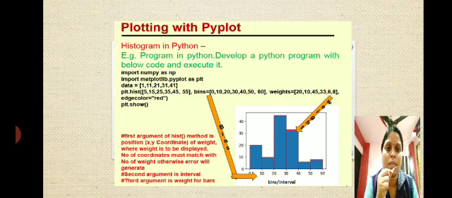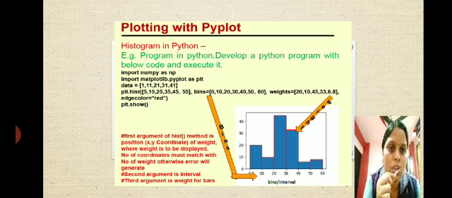Program in Python: develop a Python program with the below code and execute it. So what we are going to have: import numpy as np, import matplotlib.pyplot as plt, data equals to, as it is given, 1, 11, 21, 31, 41, plt.hist, we are going to have 5, 15, 25, some amounts, and bins are your 0. See the bins and the arrow mark, you see the bins are the points that you are mentioning on the x-axis.